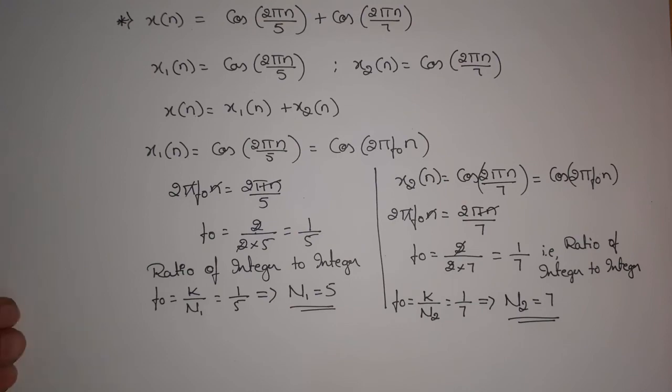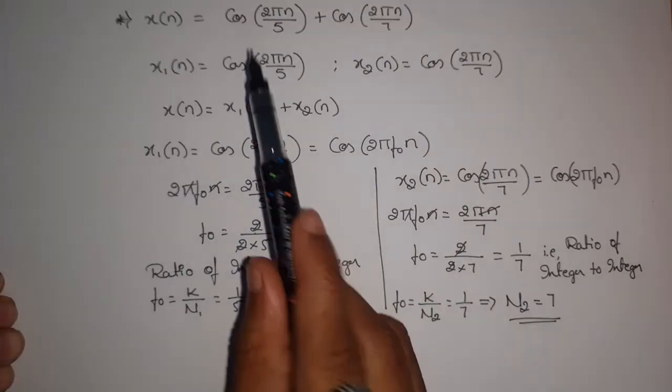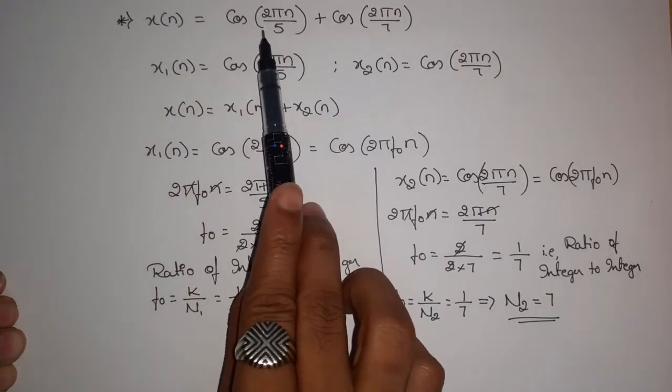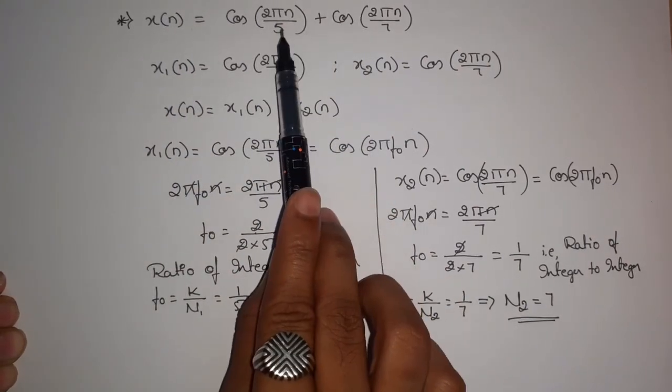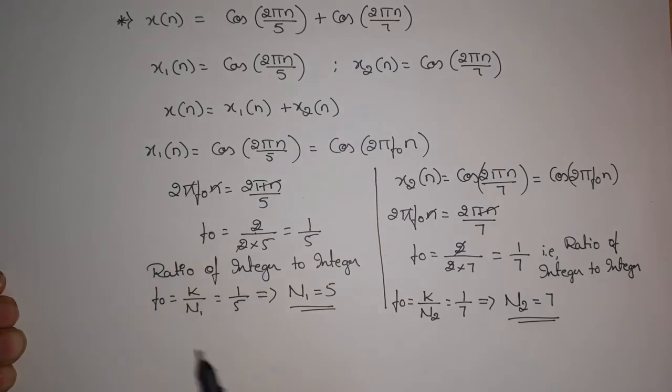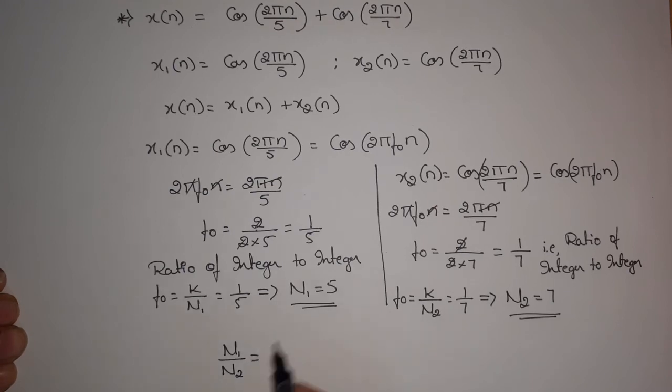Okay, we got n1 as 5 and n2 as 7. Since the actual signal is a sum of two signals, to check the periodicity we need to check the ratio of n1 by n2. The ratio of n1 by n2, where n1 is 5 and n2 is 7,